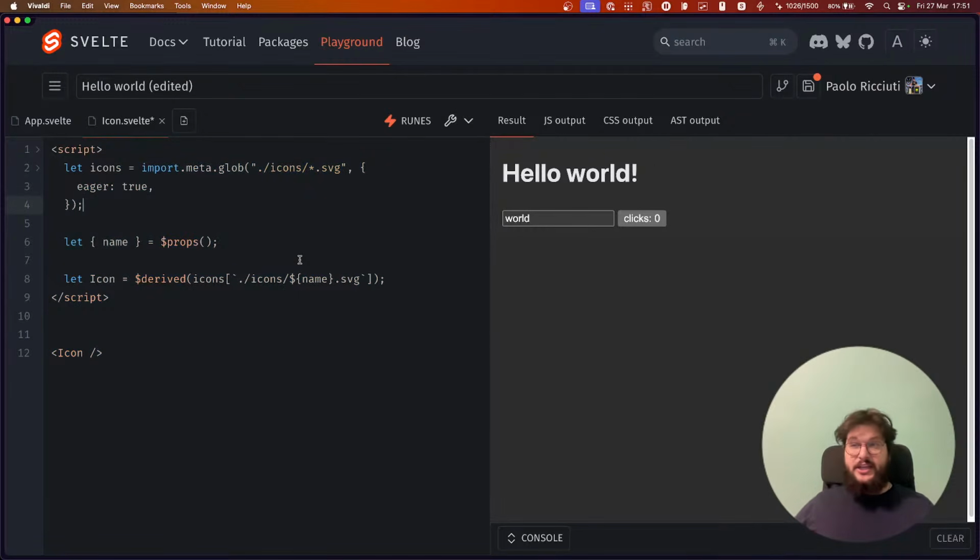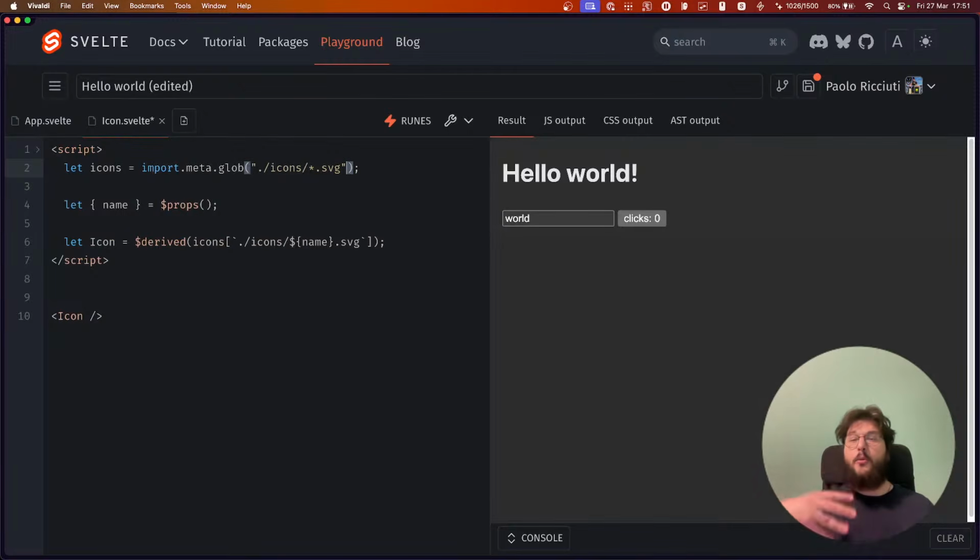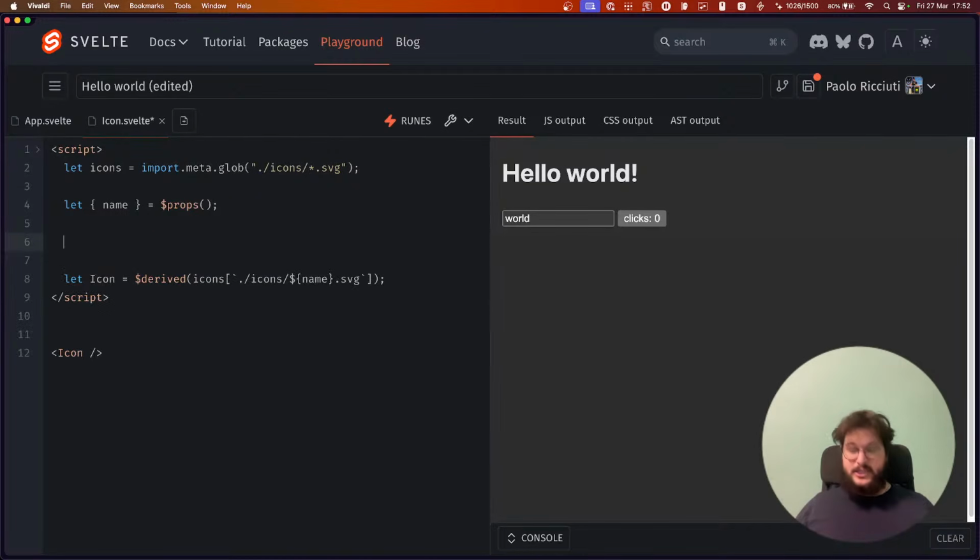If you remove eager, then the value is not the component itself anymore, but a function that will resolve to the component. It's basically the import. It's just like if you did import person from icons/person.svg. So it's the same value, right?